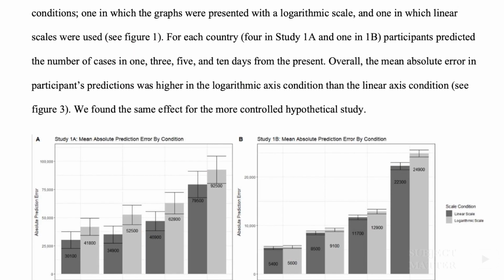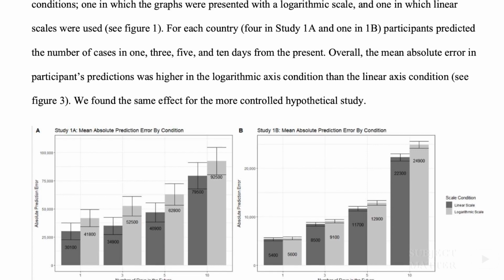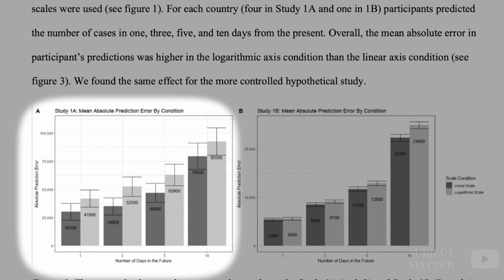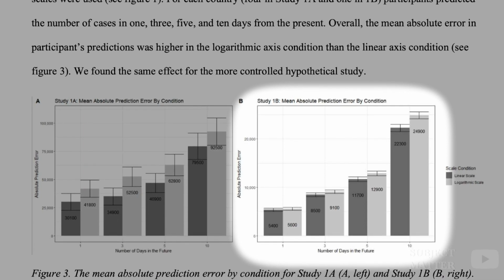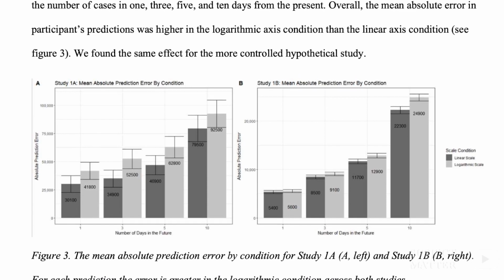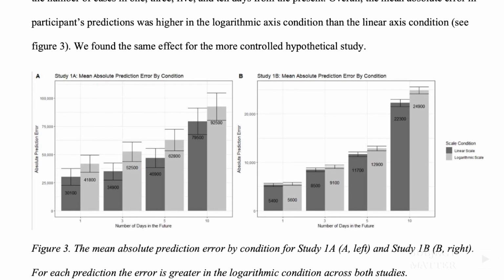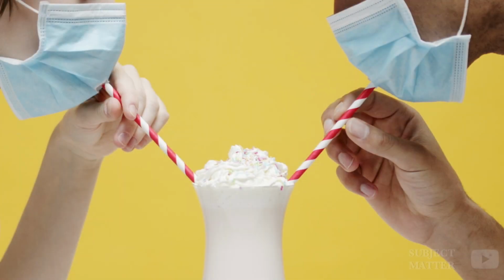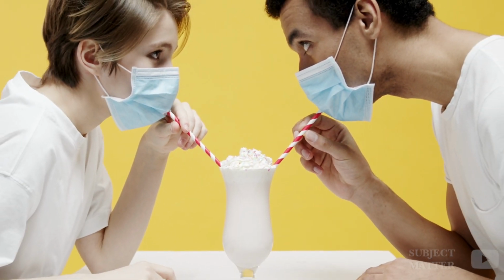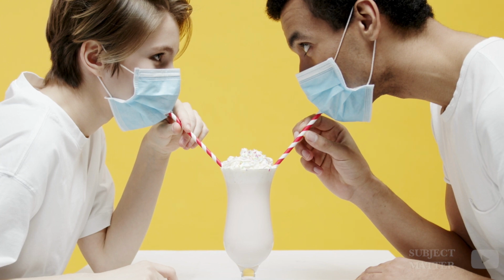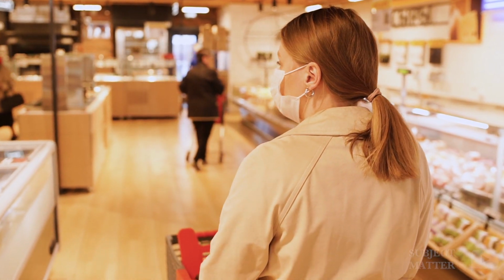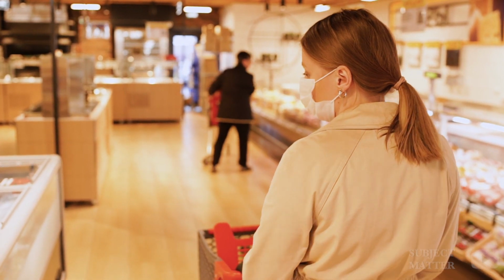The Berkeley study found similar results. People's errors in predicting the future using both real country data and simulated data by the researchers were higher with logarithmic than with linear representations. As you might also expect, beliefs and attitudes were different as well. Those looking at the logarithmic representations across both studies have a reduced perception of the severity of the pandemic. For example, they are less likely to take precautions such as wearing a face mask and also less likely to